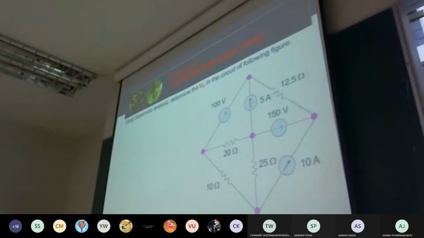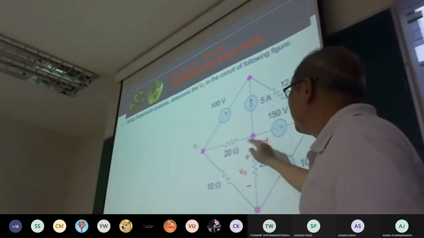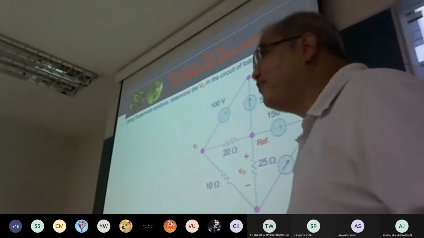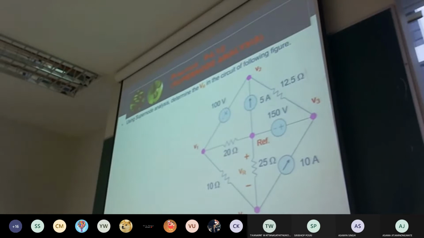Determine the nodal voltages for all nodes, and determine VR. It will give you the middle node in the left frame, V1, V2, V3, and V4 here. Try to do this exercise. It is different from the other exercises in the book in only one way: I give you the solutions clearly, so that when you do it, you can check each step.